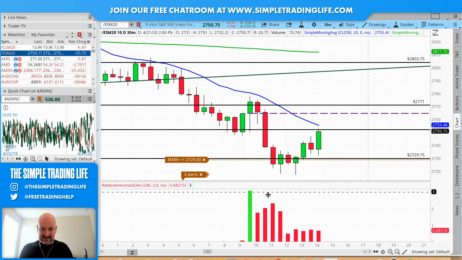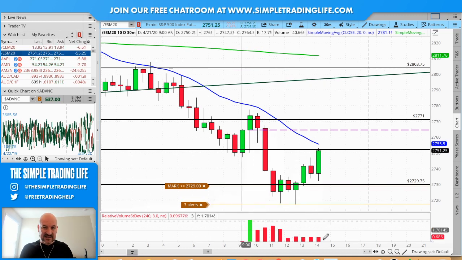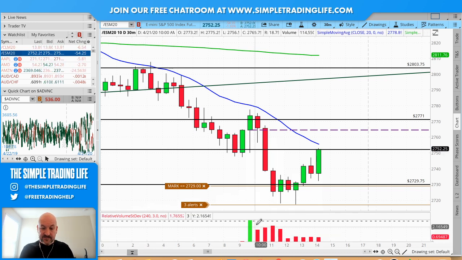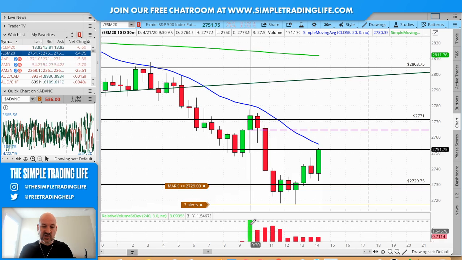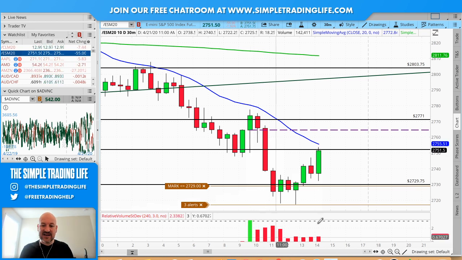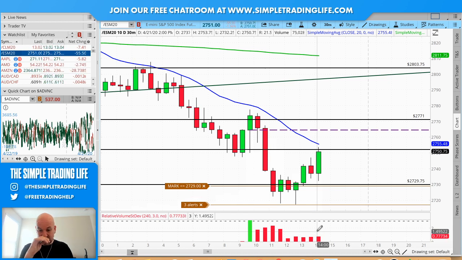Let me minimize this. Down here, this is just relative volume. So anybody, they might see that down here. This dotted line is 3 times. So if this ever turns green, that means the volume on that candle is more than 3 times greater than the average volume over the past 5 trading days. That's how I have it set. Okay, so these down here, anyone that's red, they're less than 3 times average volume.